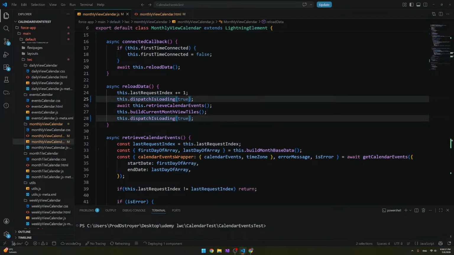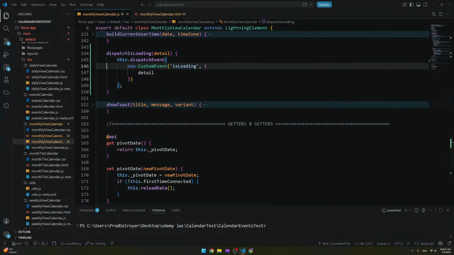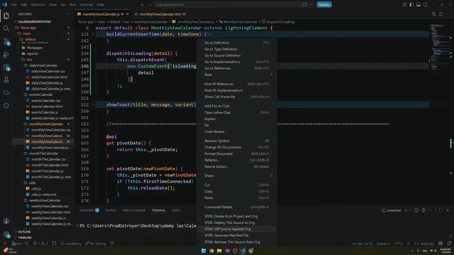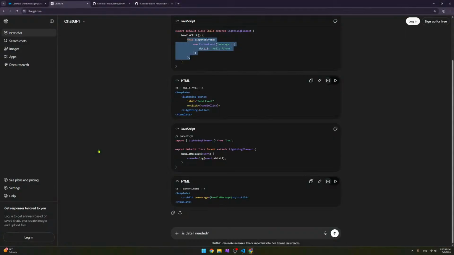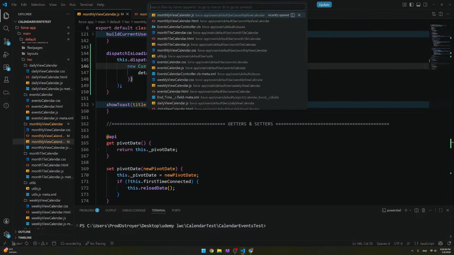Dispatch is loading, and the problem is that we need to handle this loading. This is the name you should have. Let me check the name you gave it: on message, handle message. So it will be on is loading in the parent